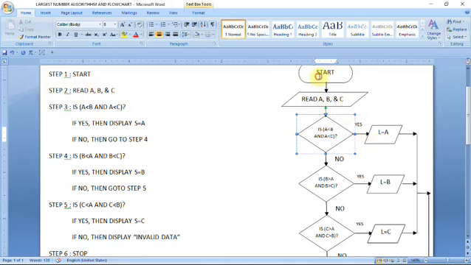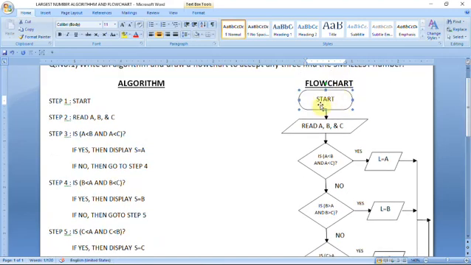In the flowchart also, I do not want to explain in detail. Read first number. You can see this is called the oval symbol, because when you start your flowchart, first of all you have to give a terminator symbol. For start and end you have to give the oval symbol. Sorry, this is called the terminator symbol, and instead of this symbol we can also use the oval symbol. Next, this is called the parallelogram symbol. We use the parallelogram symbol for input and output. I have written 3 variables, read A, B and C. If you have written X, Y, Z, the same variable names you have to keep inside the parallelogram symbol.